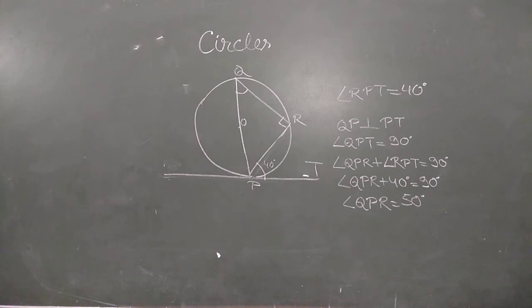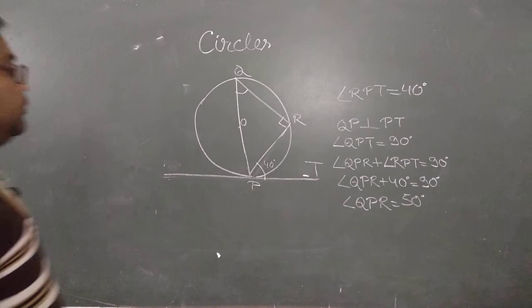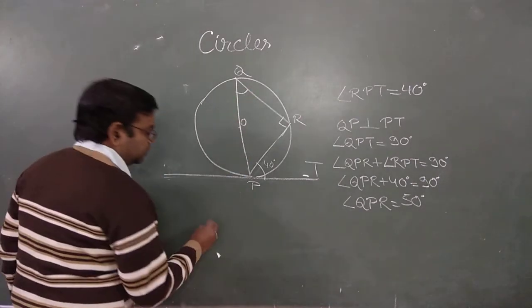Clear? It's an angle about QPR. Now we can easily find out the value of PQR. So come to the next part, in triangle